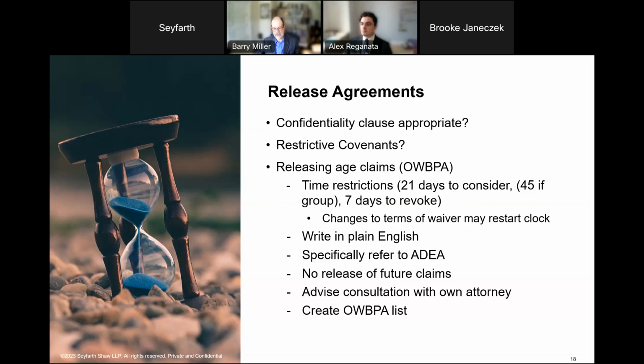And initially, there was a great deal of resistance from the management bar and organizations chafing at what the federal agencies were doing and fighting about including restrictive covenants and all these other things in release agreements. Our advice, having watched all that play out, is typically to think real hard about what you really need in these release agreements. One thing you really need is a release, but do you need confidentiality?